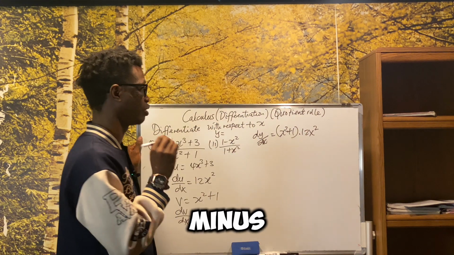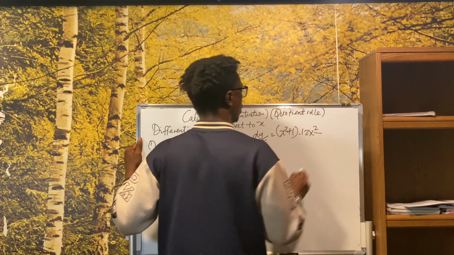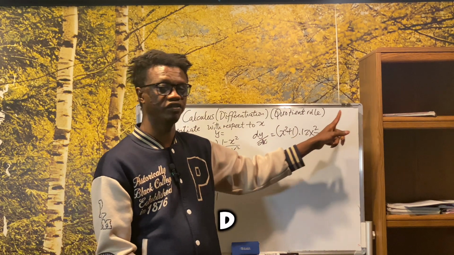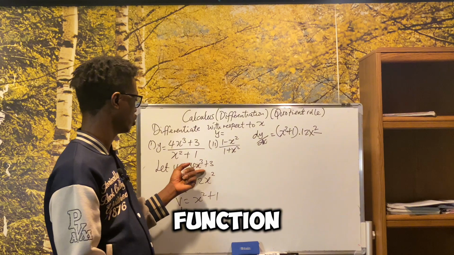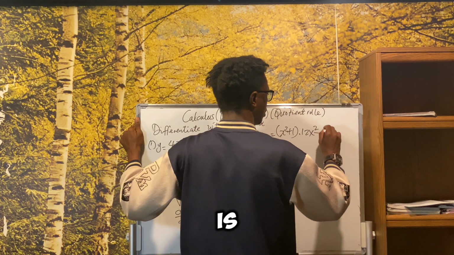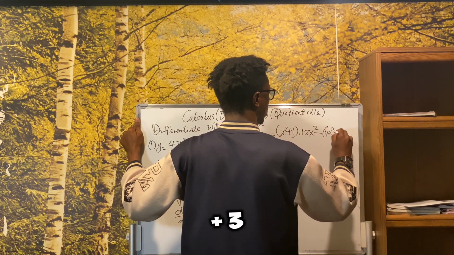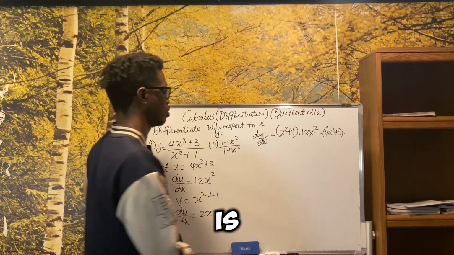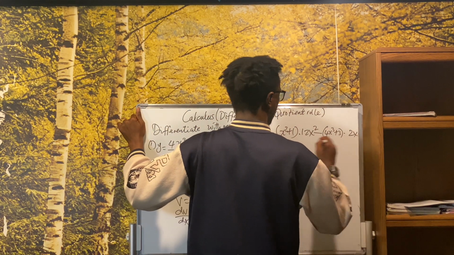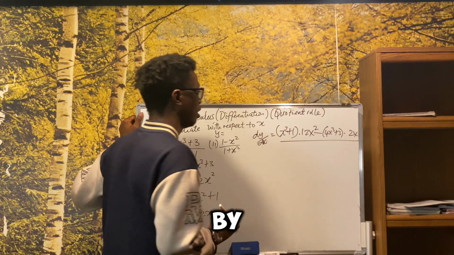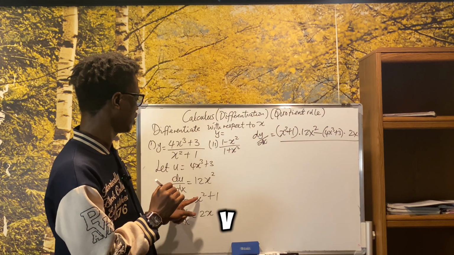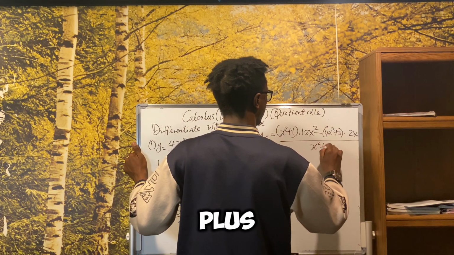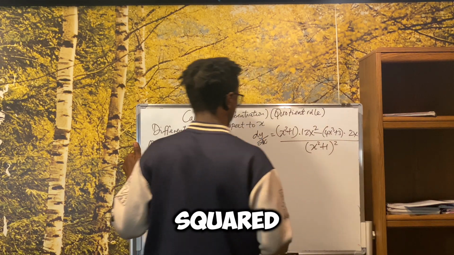Okay, minus, the other one now will be u dv over dx. So the u function is 4x cubed plus 3, and you multiply it by dv over dx, which is 2x. Now everything here is divided by v squared, and my v is x squared plus 1, so this becomes x squared plus 1 all squared. Okay,